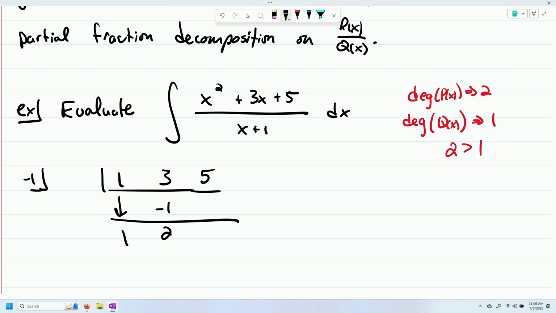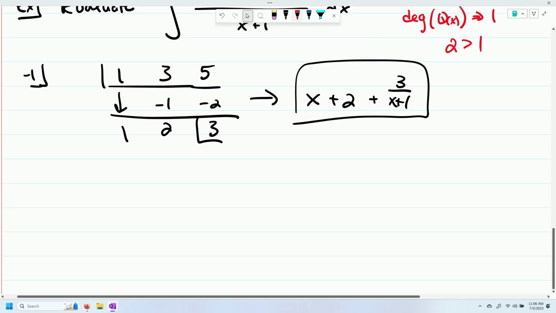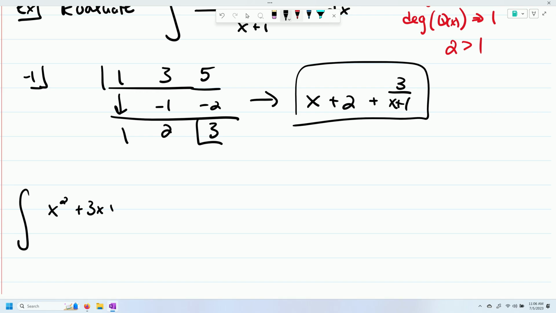Negative 1 times 2 is negative 2. And 5 plus negative 2 is 3. Therefore, our quotient is going to be x plus 2 plus 3 over x plus 1 for our remainder. Therefore, I can go ahead and say, well, the integral of x squared plus 3x plus 5 all over x plus 1 dx is actually